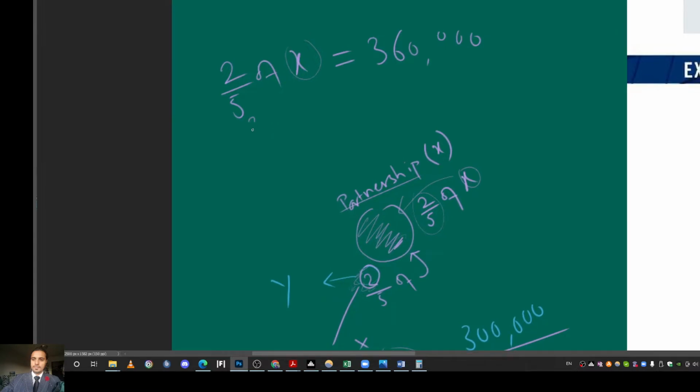So 2/5 of X, the "of" translates into multiply, so we write 2/5 times X equals 360,000. And the 5 gets multiplied on both sides and cancelled here, and we have 2X equals